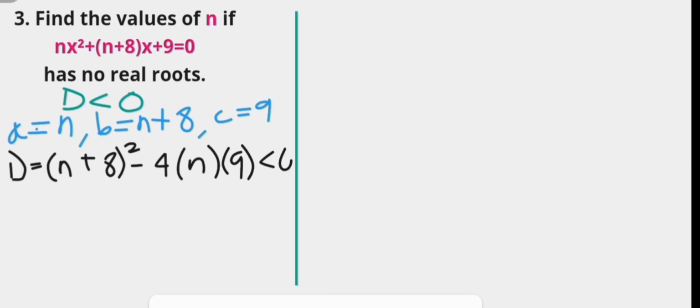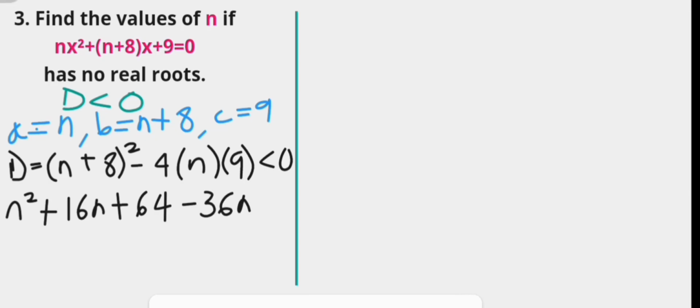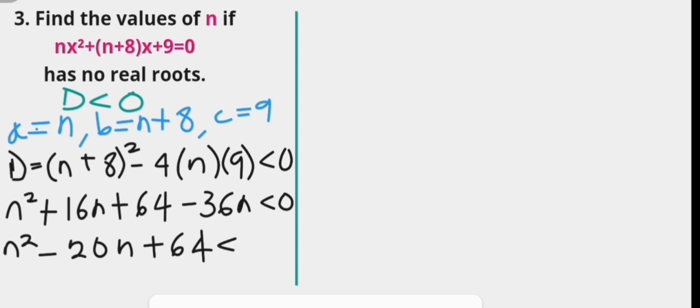This must be less than 0. Opening the brackets up, we have n squared plus 16n plus 64 minus 36n being less than 0. And combining the like terms, we have n squared minus 20n plus 64 being less than 0, leaving us with